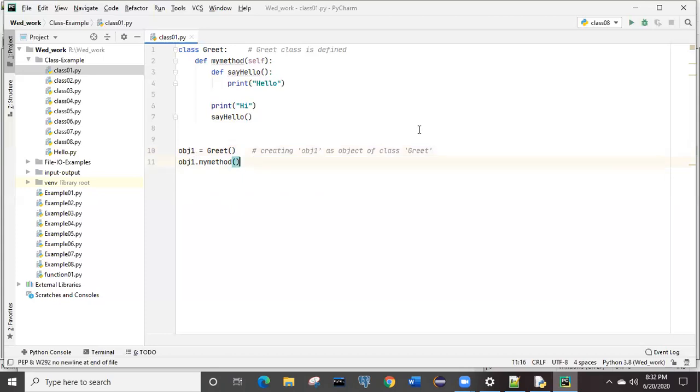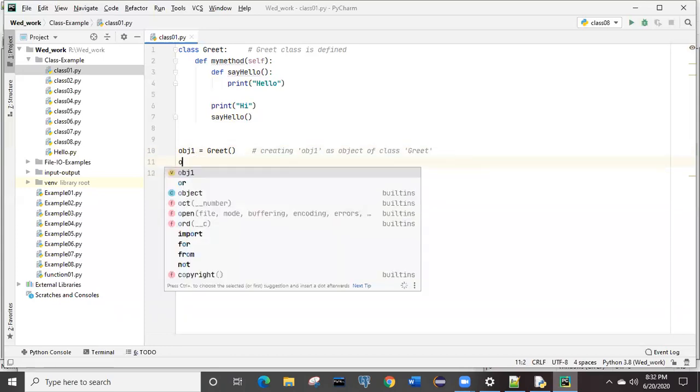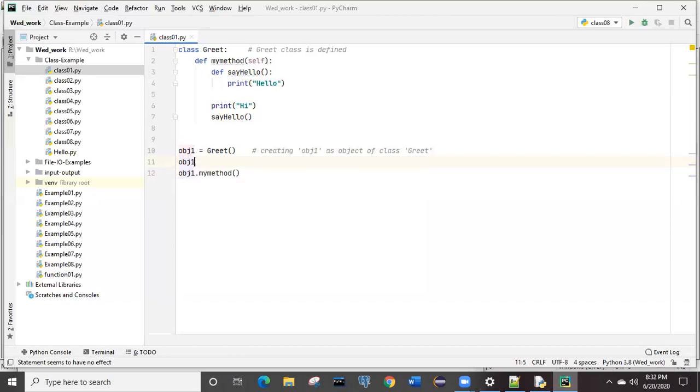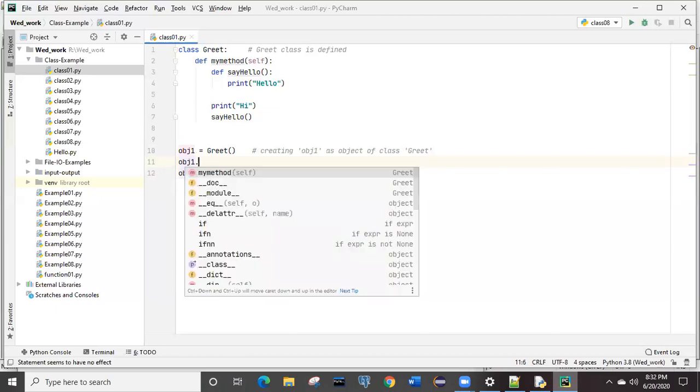Whenever you create the object and give the object name followed by dot, it will suggest the available methods of its class. Some are predefined, like the double underscore module and equals, which are available in Python. But what method do we have to call? We have to call its own method, which we have just defined, that is known as my method, right?